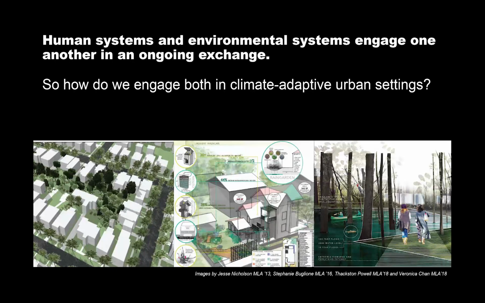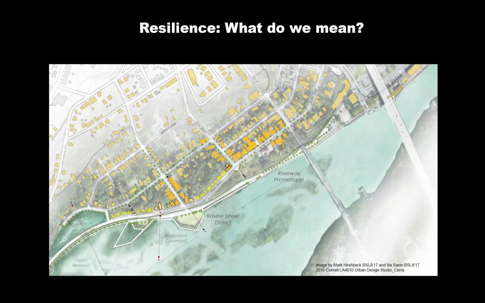And so if it's true that human systems and environmental systems are constantly engaging each other in some kind of ongoing exchange, what does that mean from the standpoint of climate adaptation and climate thinking? We need to be thinking about how we can do that. So I wanted to go through a few definitions